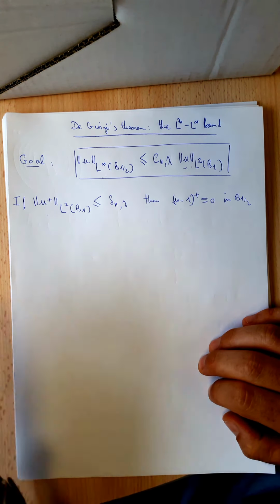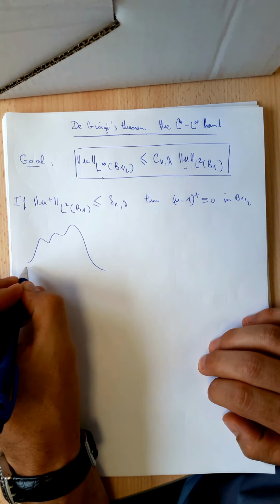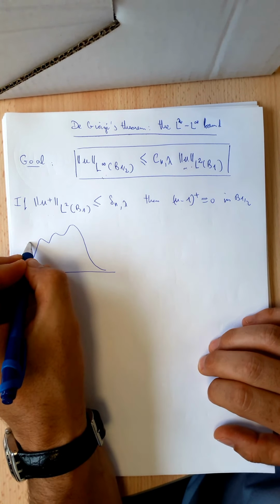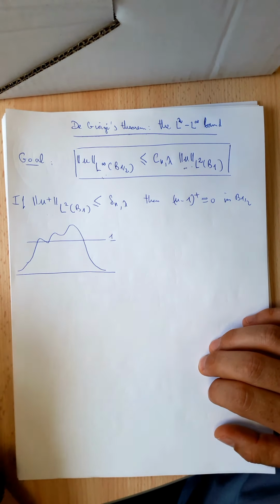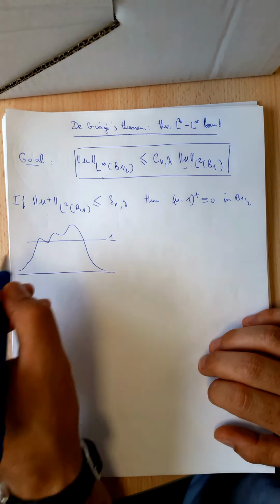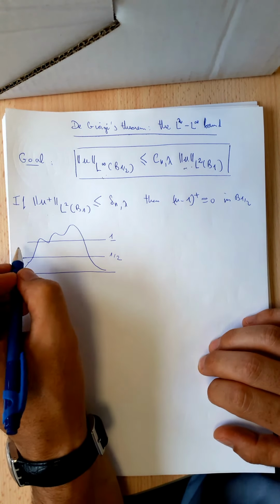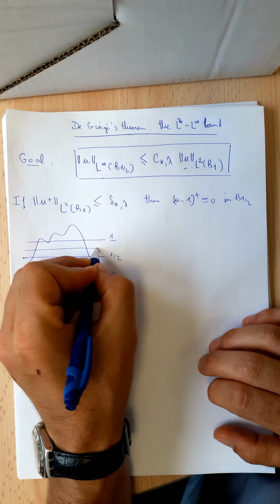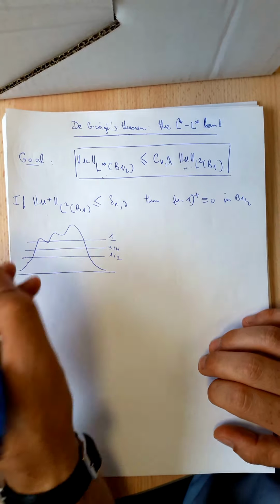Okay, so now let's see how we're going to do this. This is again a dyadic method, so let me draw here a possible graph of the function u. And that is, pretend for now that the function is going to have values above 1, which is possible, by the way, outside the ball of radius 1/2. And here we have the level 1/2 that I'm going to draw right here. And we're going to do a dyadic decomposition on level sets of u. That is, we're going to look at what happens when u is below or above 3/4.